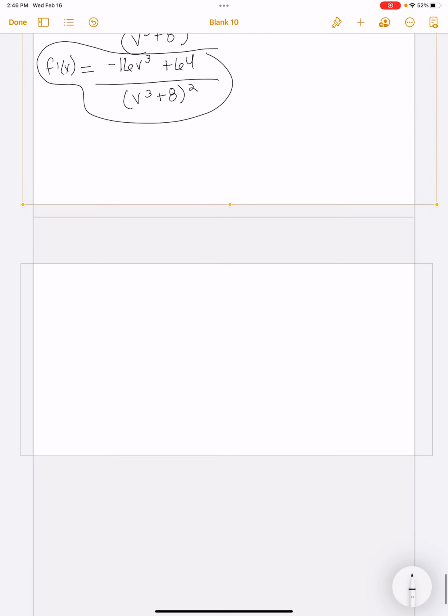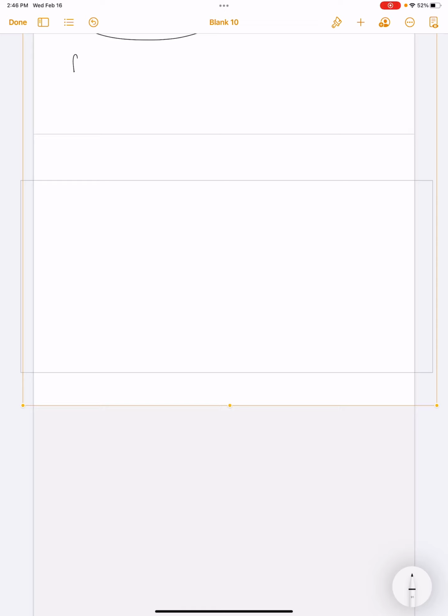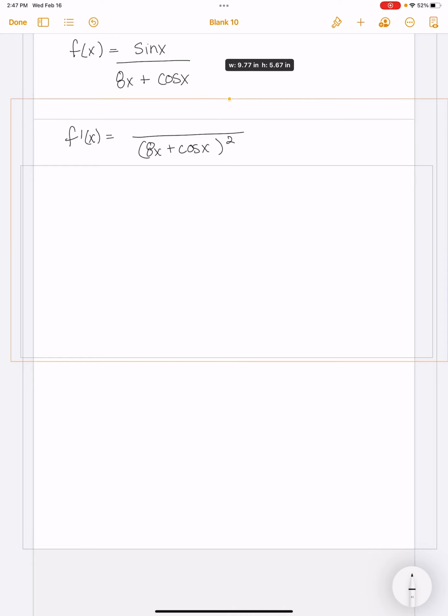Okay. And then let's find the derivative of the function sine of x divided by 8x plus cosine of x. Okay, so we're going to use the quotient rule with this one too. So we're going to say f prime of x equals 8x plus cosine x, squared, all over,